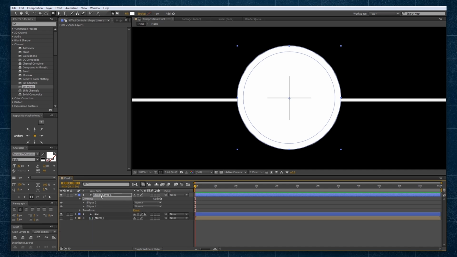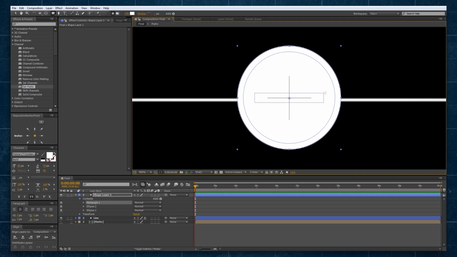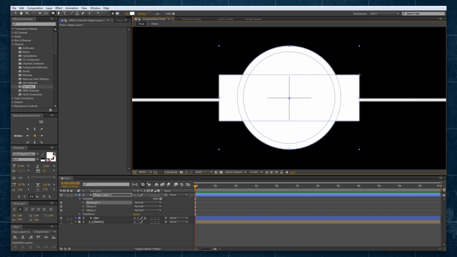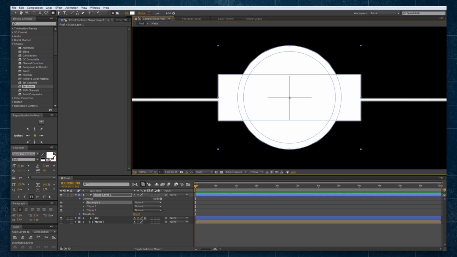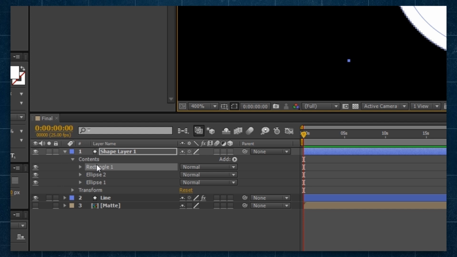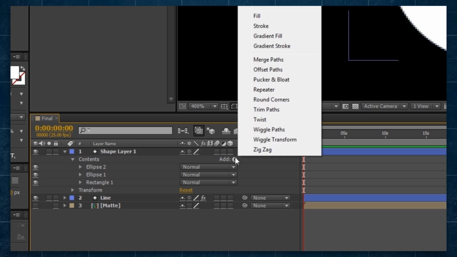We'll also go in there and, selecting that same shape layer, go back up to where we selected our ellipse tool at the top and select the rectangle tool again. And similar to before, we're going to click in the very middle and, holding Control, drag that out like so. So you can see we've got this rectangle coming in from the sides. We're going to drag the rectangle tool in our contents down underneath all the others, and then we're going to